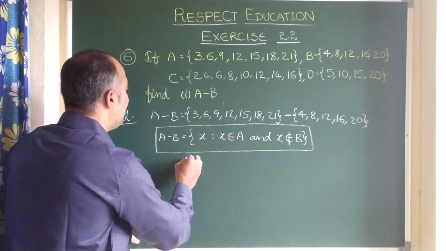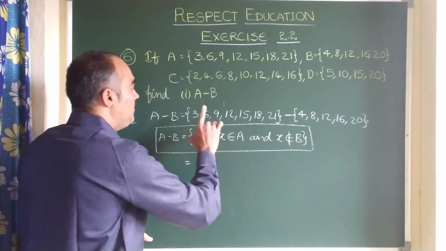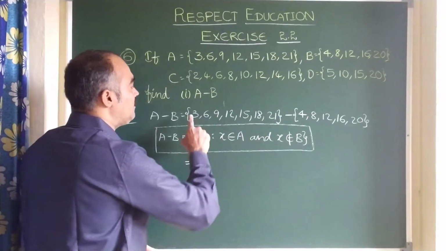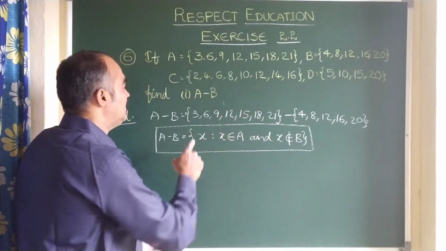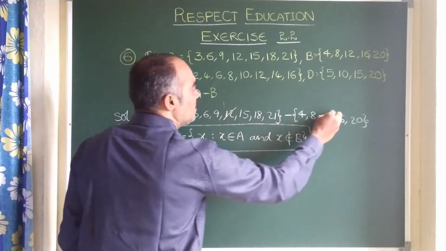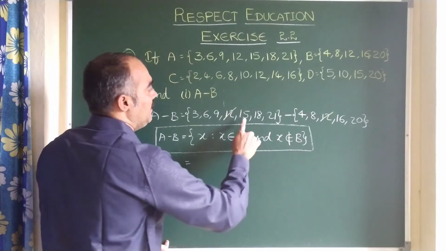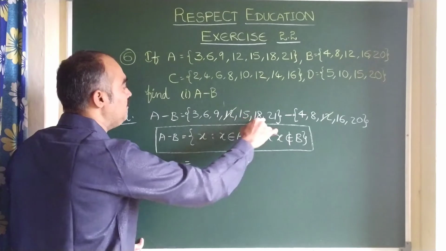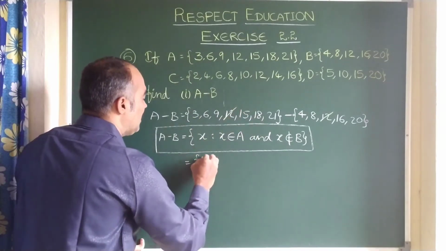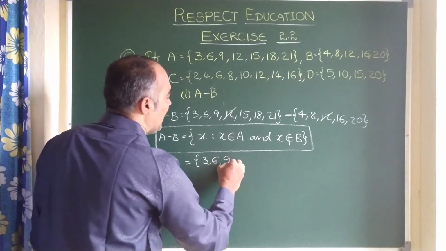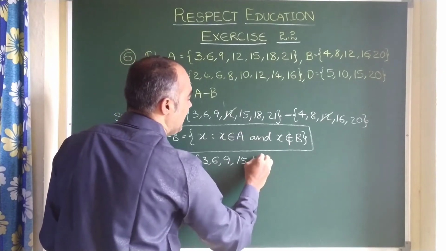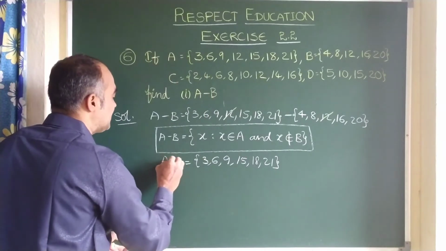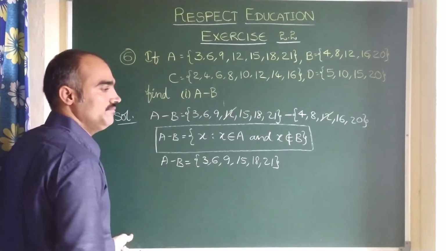So now let us see which are there in A and which are not there in B. Otherwise, with the other method I have told you, the common elements you can cancel them. See here 12 gets cancelled, 15 is not there, 18, 21, that's all, children. So let us write the remaining elements in set A. Those are 3, 6, 9, 15, 18 and then 21. This is the set which indicates A minus B.